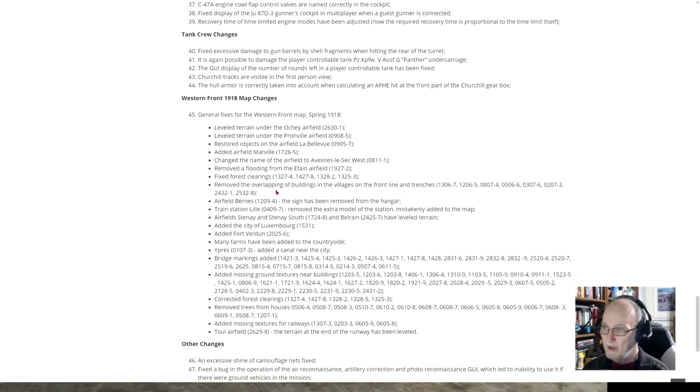Okay, now let's look at the map changes for World War I. Since this is the release of Flying Circus 2, this would be a good place. General fixes: leveled terrain under the Ochi Airfield, leveled terrain under the Pronville Airfield, restored objects on the airfield La Bellevue, added airfield Marville, changed the name of the airfield to Asna-le-Sec West, and removed a flooding from the Etain Airfield, fixed forest clearings in these grids, removed the overlapping of